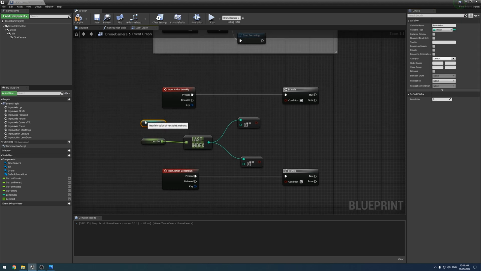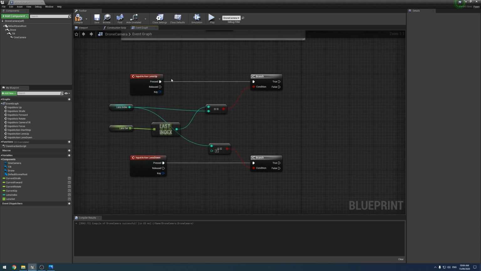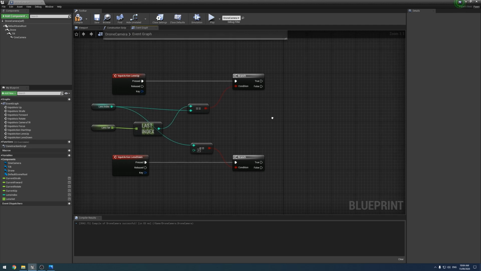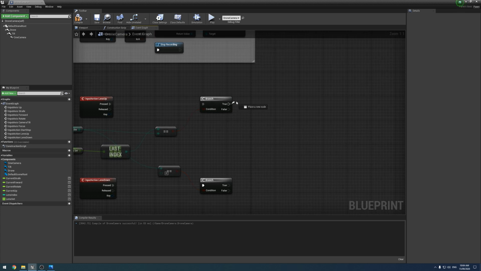So if our current index is equal to the last index, then we don't want it to go up again because we can't go up. And then we don't actually want that plugged into the last index. If our current lens is equal to 0, so we're at the start, then we don't want it to go down any further or zoom out any further because there is none to zoom out to. Like that. Next, if the current lens is equal to the last lens, so it is true,